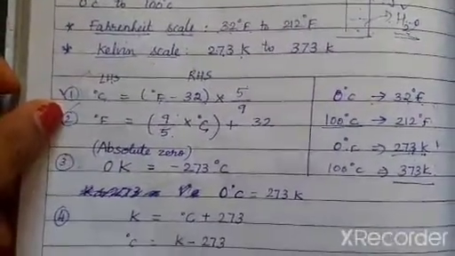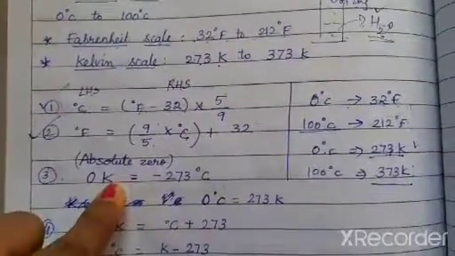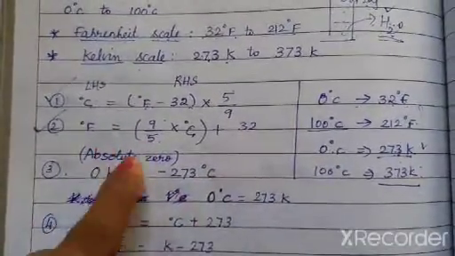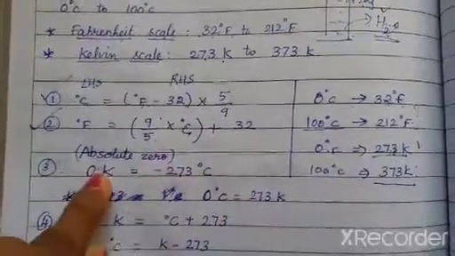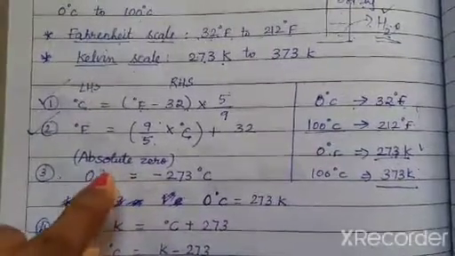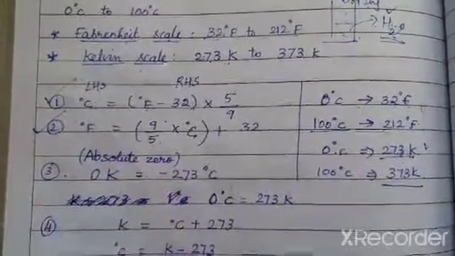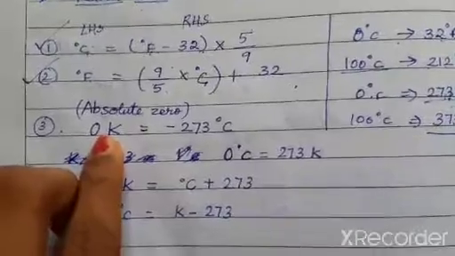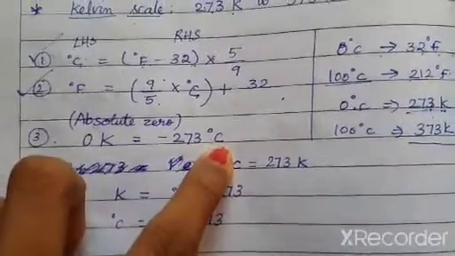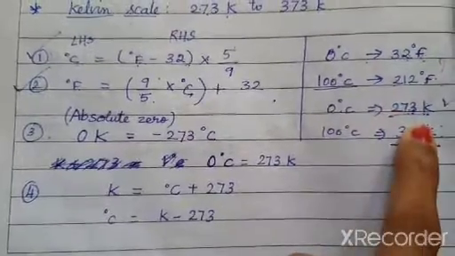Today we are moving to the next topic, that is how to convert a temperature if it is given either in Kelvin scale or Celsius scale to the other. First, you should know the value of a temperature in Kelvin scale, that is 0 Kelvin. In Kelvin scale, if the temperature is 0, it corresponds to minus 273 in Celsius scale. Okay, don't confuse. In Celsius scale, if it is 0, it means 273 Kelvin.